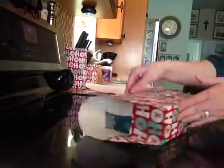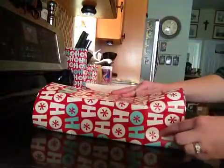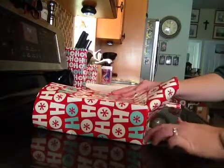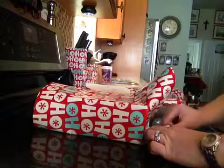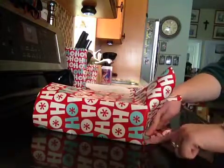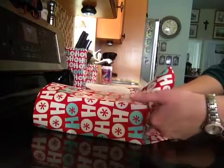So if you guys can see from the side. Then I come across and I do the same thing this way. So I come across, and the paper will bend. Sometimes you have to kind of help it a little bit. Come across to the bottom of the package. Again, sometimes you have to help the paper, especially when you're doing the second one because it might bow up a little bit. And then just make your first, slide your finger up,